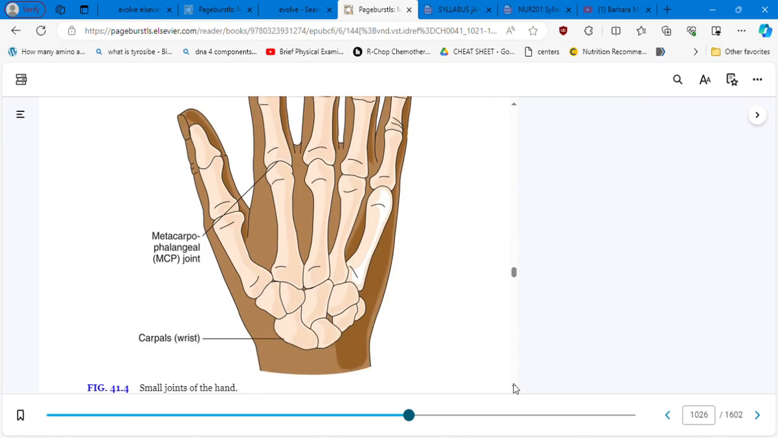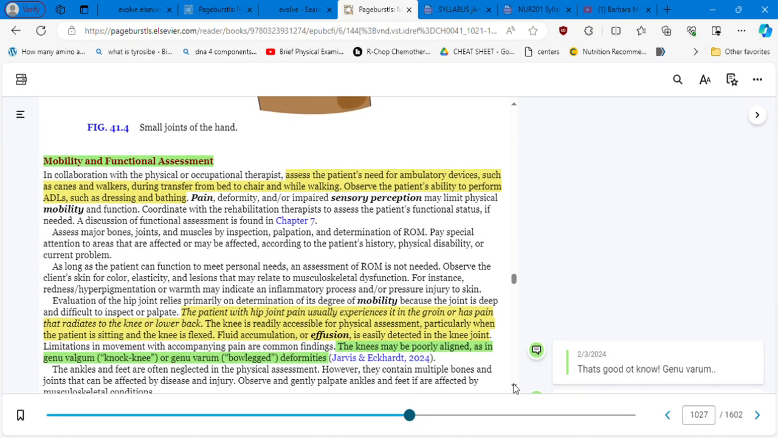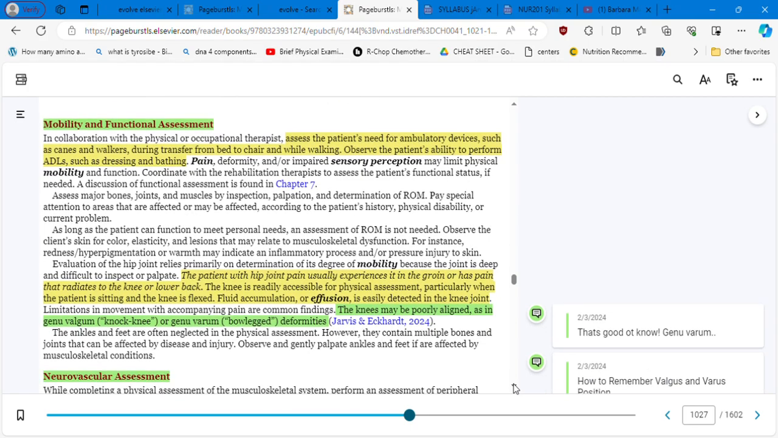Okay, so you have the image here. Mobility and functional assessment. Assess the patient's need for ambulatory devices such as canes, walkers, transfer from bed to chair and while walking. Observe the patient's ability to perform ADLs such as dressing and bathing,